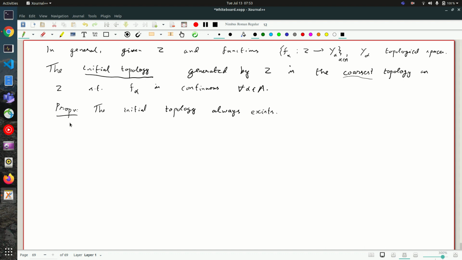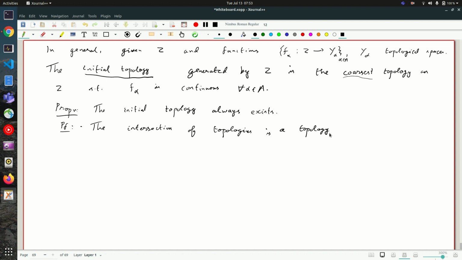So this is again a general principle. How would you construct such an initial topology? Well, just observe that if omega and omega prime are topologies, or it need not be just a pair, okay. So I'll just write it in general terms. The intersection of topologies is a topology. This is a good exercise.